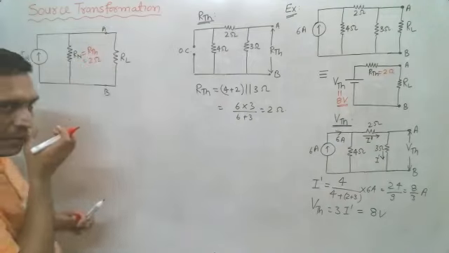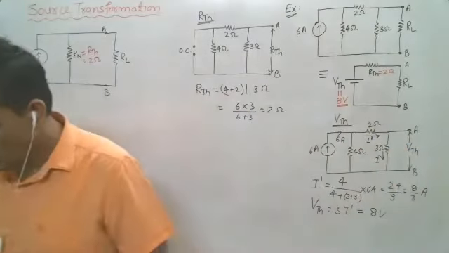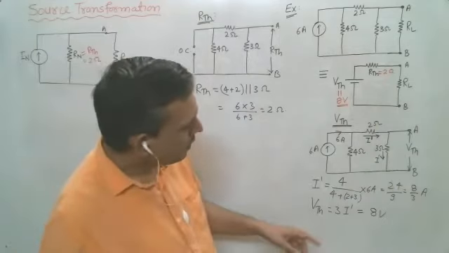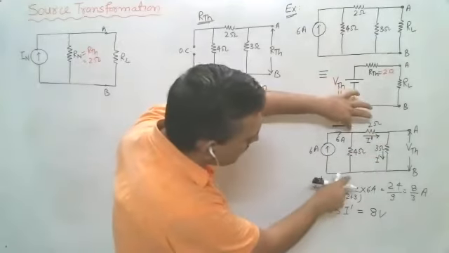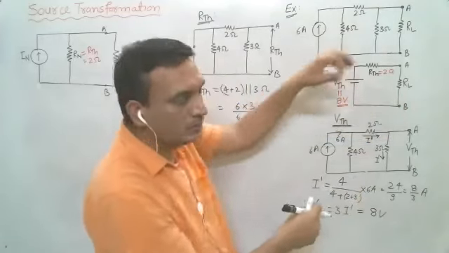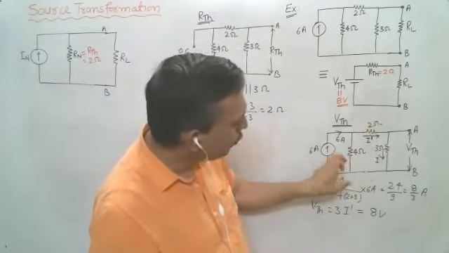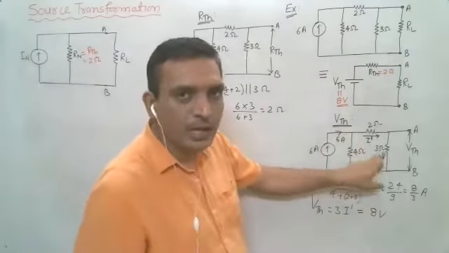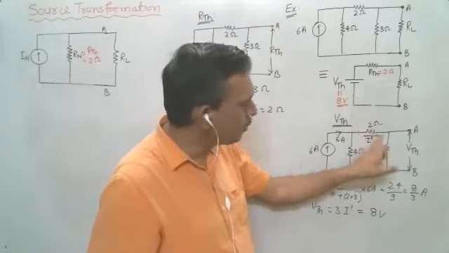Now you have to find IN. What will be IN in this case? Why have we included 3 in the I dash formula? Because you have to apply current division when you have two parallel resistances. So one resistance is 4 ohm and the other parallel resistance is the series combination of these two, 3 plus 2. I have discussed this case. They are in series. So 5 ohm is parallel with 4 ohm. So current division is in between 4 ohm and 5 ohm. So that's why I have taken 4 by 4 plus 5. 2 plus 3 I have written because they are in series.